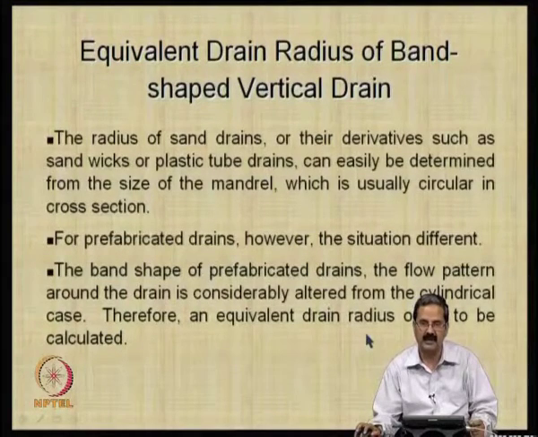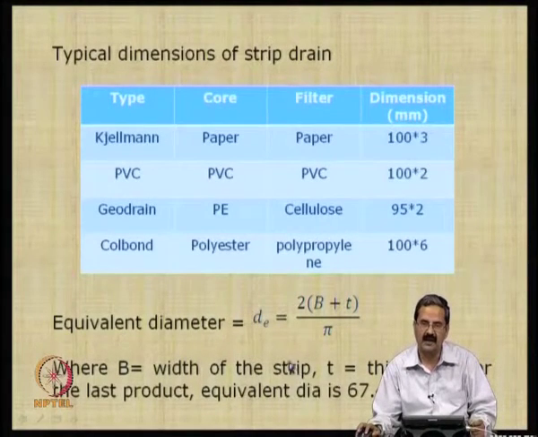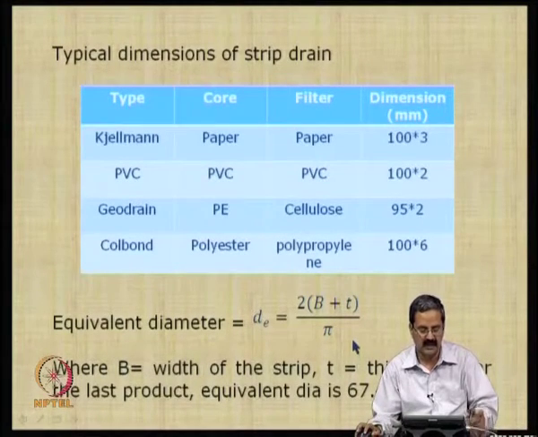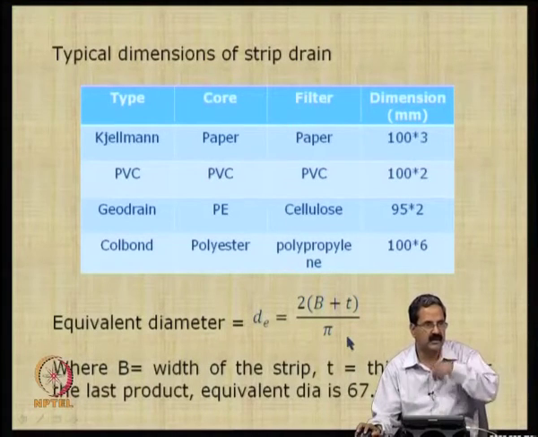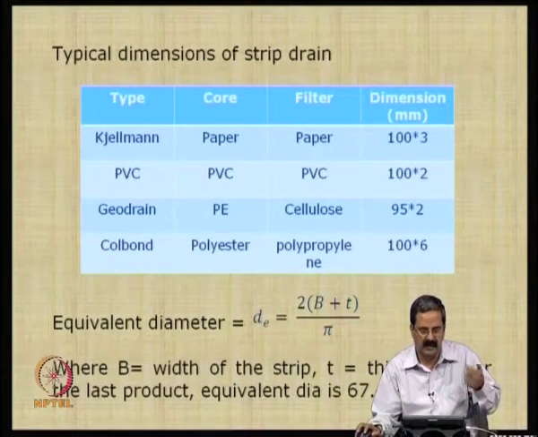So, you have to calculate the equivalent radius. As I just mentioned, these are some examples of the PVDs. So, you can calculate the effective diameter with an expression like this, and then once you know this d_e, you can also calculate the effective drain